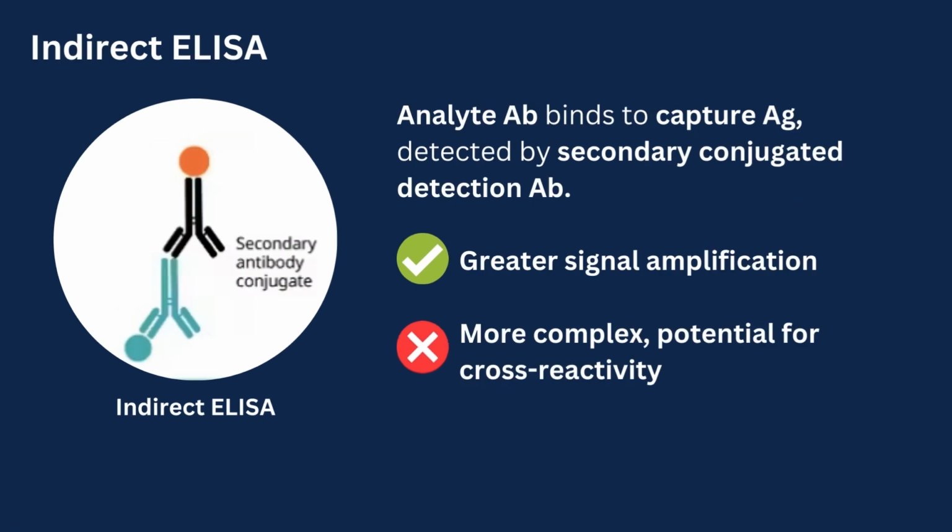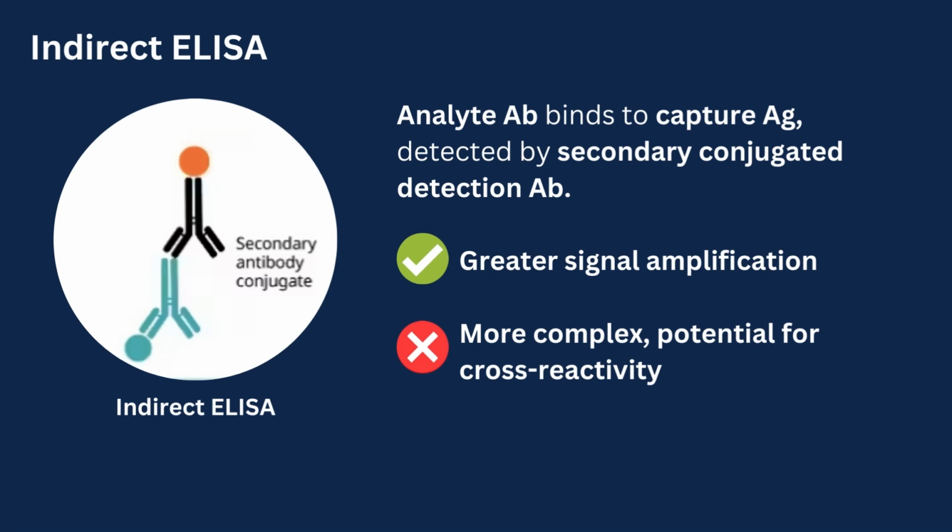In indirect ELISA, the plate is usually coated with a capture antigen specific for an antibody you wish to detect. Following the addition of the sample and capturing of the antibody, a secondary enzyme-conjugated antibody is added that binds to the analyte antibody. Indirect ELISA offers much greater sensitivity compared to direct ELISA, however, requires a more complex workflow and introduces the potential for cross-reactivity of the secondary detection antibodies. This method is used to detect specific antibodies within a sample, for example, testing for HIV antibodies in the blood